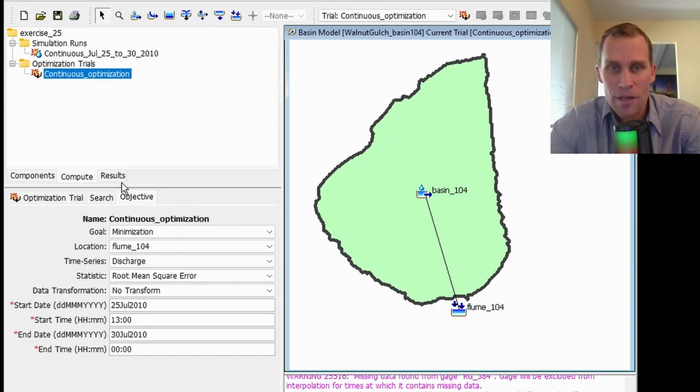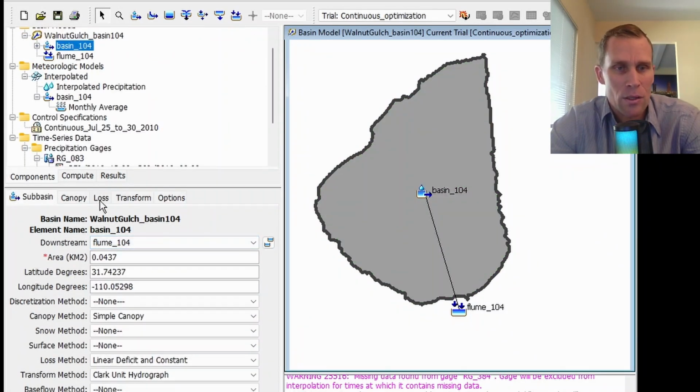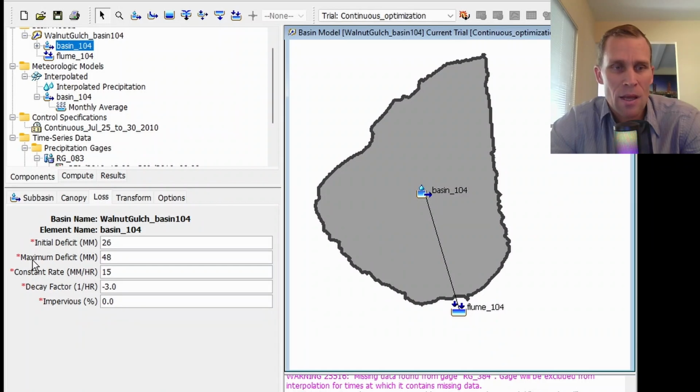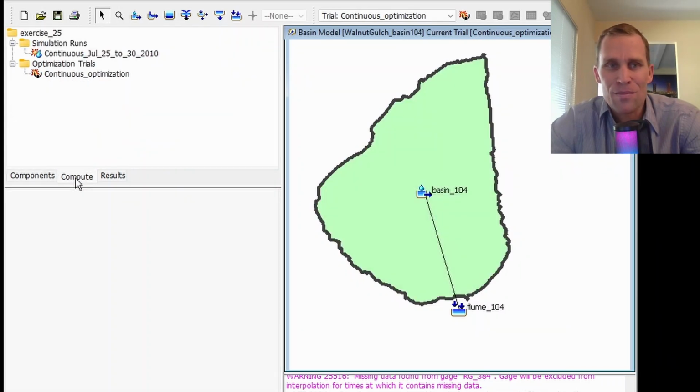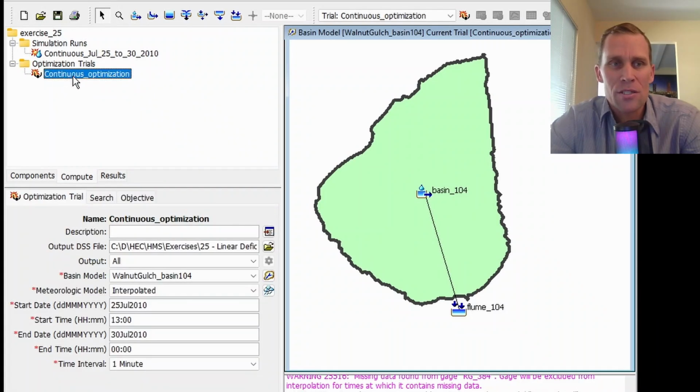Next, we need to specify the parameters. These are going to be the 3 parameters that we saw in the loss method: initial deficit, maximum deficit, and the constant rate of infiltration. So length, and then length per time. Let me click back on the Compute tab of the Watershed Explorer. And on this optimization trial, I'm going to right click, Add Parameter. And we're actually going to need 3 parameters, so let me just do that 2 more times here for parameters 1, 2, and 3. I'll click on